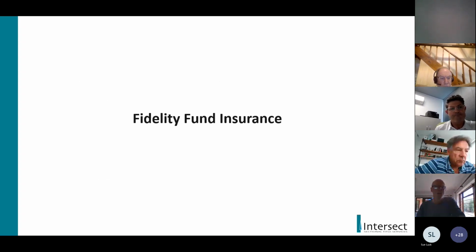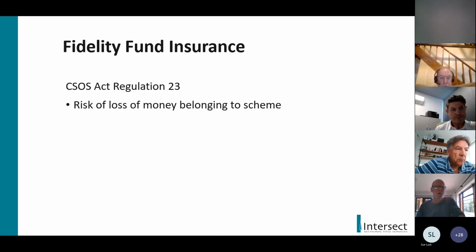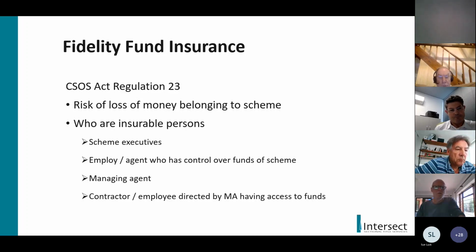Fidelity Fund Insurance. So the Fidelity Fund Insurance, again, we go back to the CSOS Act and specifically Regulation 23, which deals with insurance. And the reason for your Fidelity Fund Insurance is for the body corporate to cover itself for the loss of money belonging to the scheme. So in the olden days, before the Act changed, bodies corporate were not obligated to take out any Fidelity Fund Insurance, and there was generally